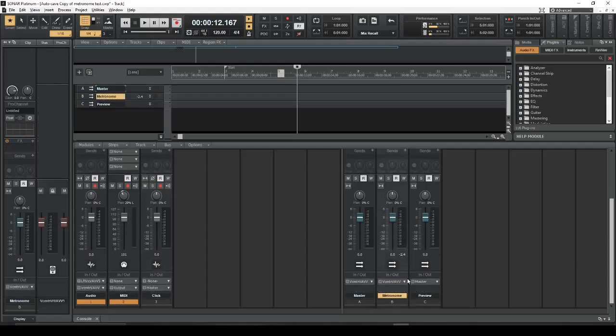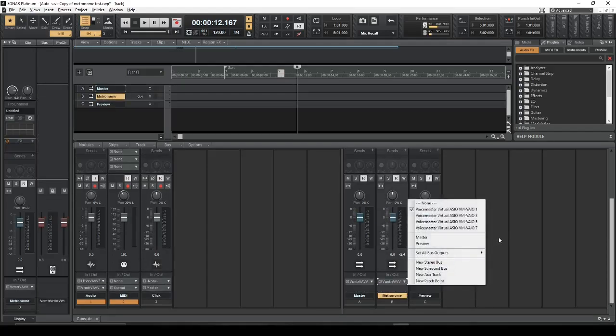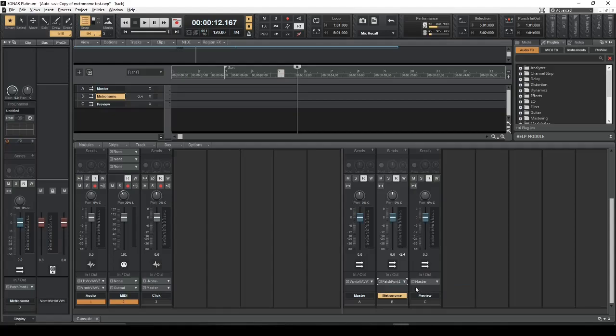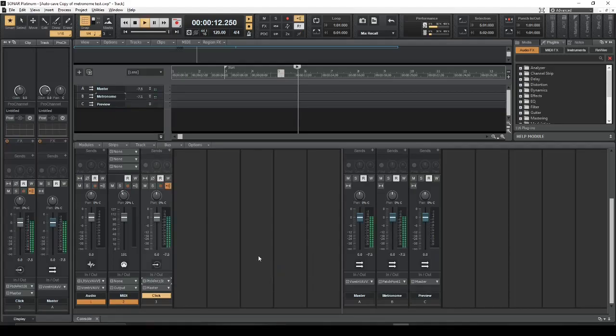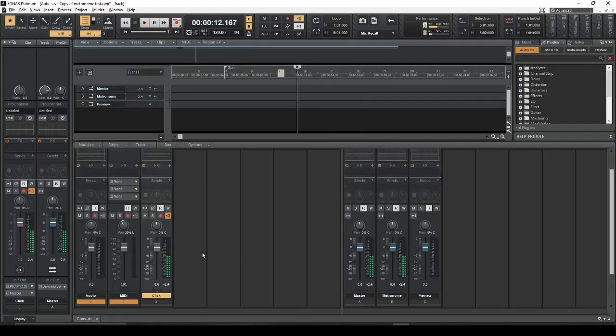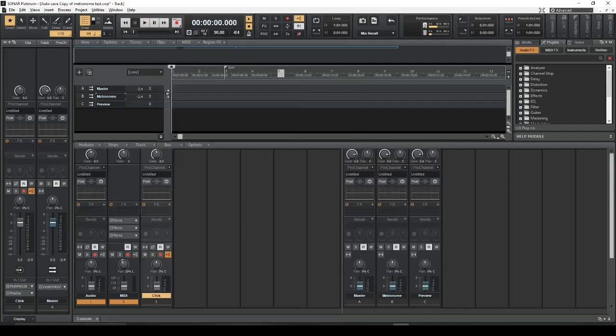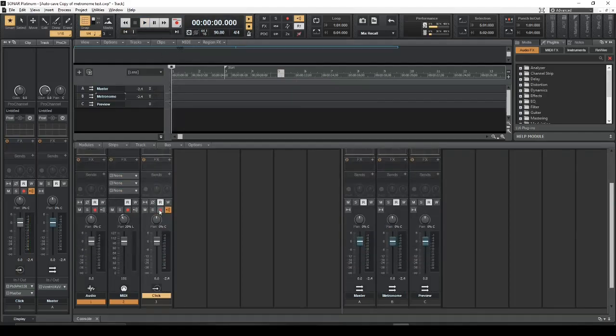Okay. So now you can't route stuff, generally speaking, from the buses here into your tracks. It doesn't seem to like to do that. So I'm going to do a new patch point. Okay, and then over here for the input, I'm going to use the patch point. Okay, and now you can see the signal is reflecting here. And if I go to the beginning of the track and arm this track to record,